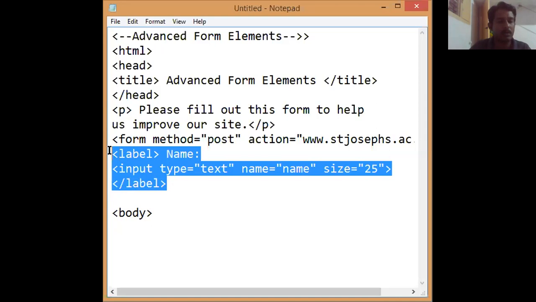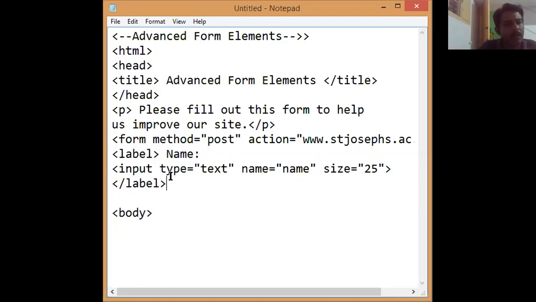This is the part where we create the text box, and the text box caption is going to be Name. After that, I'm going to create an area for text. I'm using label again.